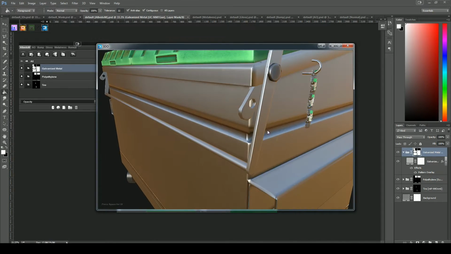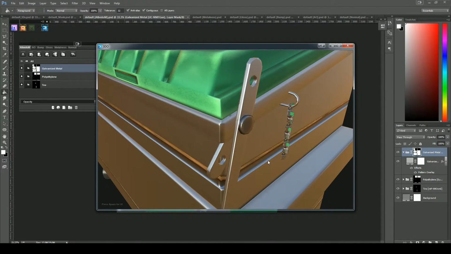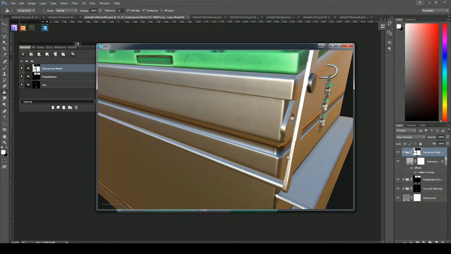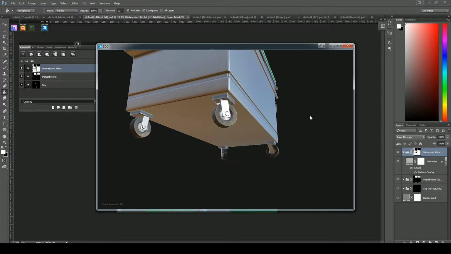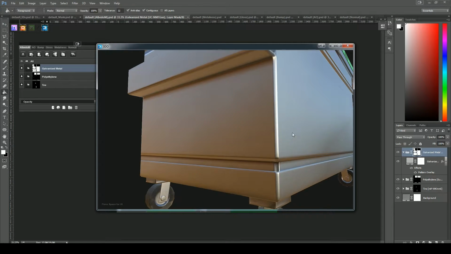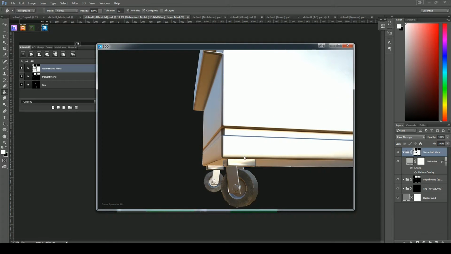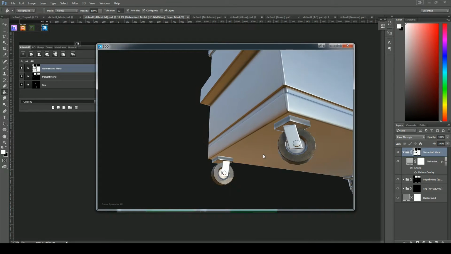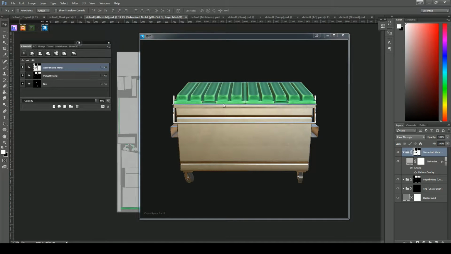So just taking a look. Obviously the chain is we can ignore, because we're setting that up later individually inside of Unity. Okay, so we've got all our base materials looking good. Pretty much the wheels are done. I'm happy to just leave those at a default rubber tire kind of effect, but the rest of it needs some work. Now, before I move on, I just want to rename these layers so that they make a bit more sense. So if we double click,